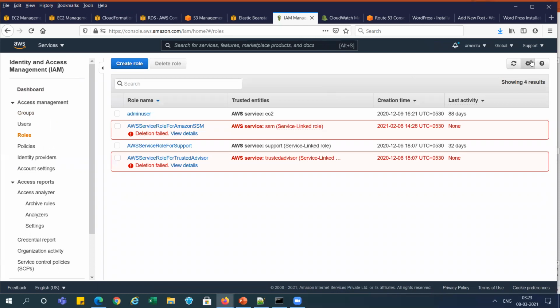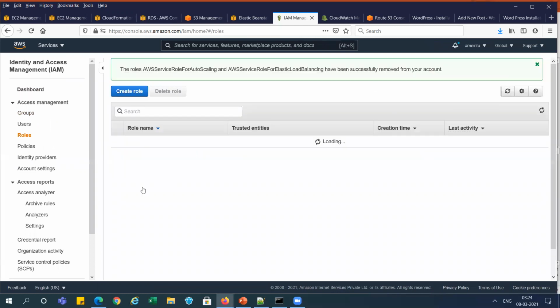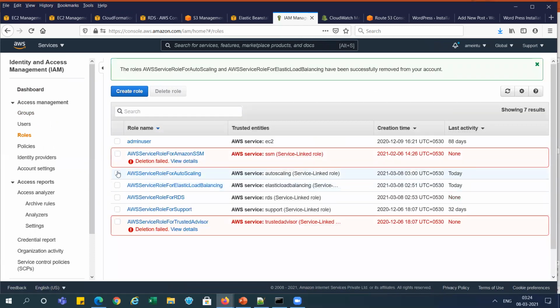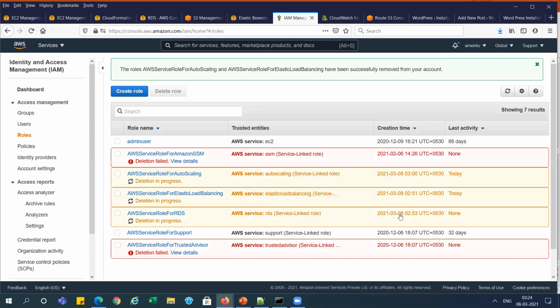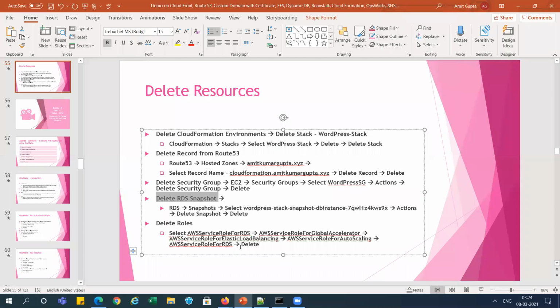So let me refresh it. See, these are the roles. We need to go and delete them. Created 3 roles, right? Deletion is in progress, right?